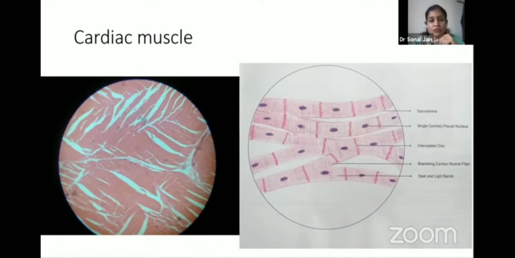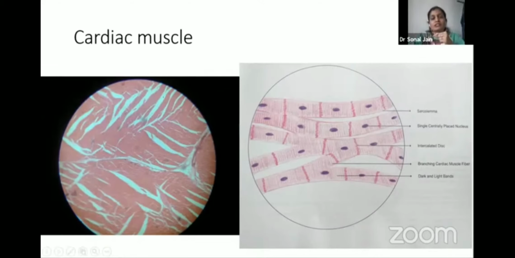Now moving towards the cardiac muscle. These are short and branched muscle fibers, and there is a centrally placed nucleus. Can you see this centrally placed nucleus? There is only one nucleus, whereas skeletal muscle has multiple. This darkly stained band is called the intercalated disc. The intercalated disc is formed because of two to three types of junctions, and it provides the syncytium so that the heart contracts continuously in rhythm. These are involuntary, and these fibers are branched. We can also see in this slide that they are branched, and there is a central nucleus.